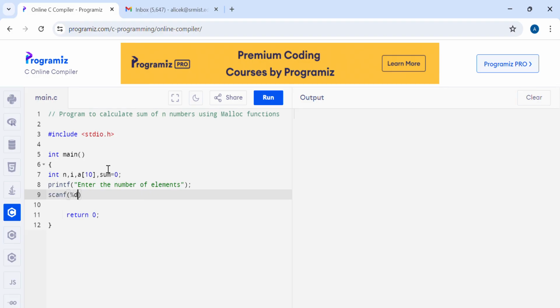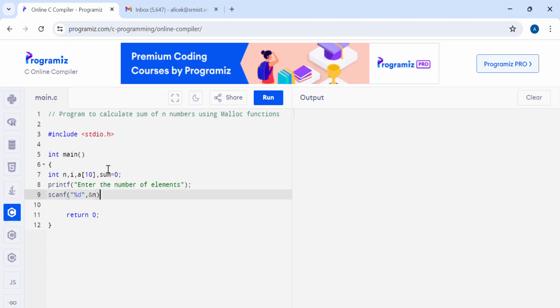So %d, comma ampersand n. Then for i equal to 0, i less than n, i plus plus,